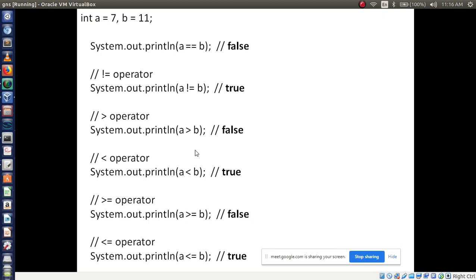Here I am defining two variables of int type, int a equal to 7 and b equal to 11. Now I am printing the conditions directly. Using SOP I am writing a is equal to b. What will happen? Is the condition false or true? What is your opinion?